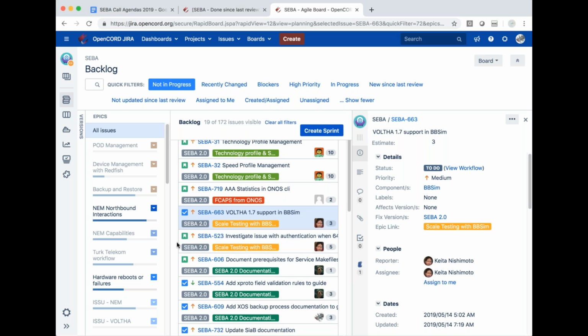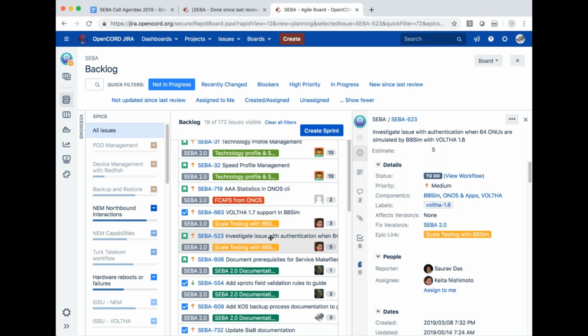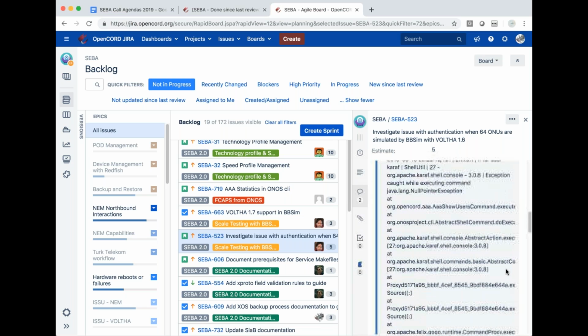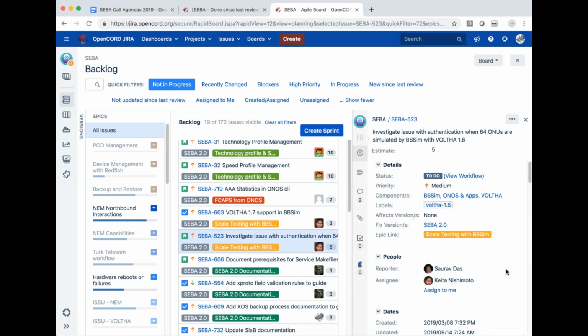Alrighty. So then SEBA 523 was the next one: investigate issue authentication of 64 ONUs that are simulated with Volta 1.6. Yeah, I think we can punt this out of SEBA 2.0, because we determined that for SEBA 2.0 we're going to fully support 16 ONUs.